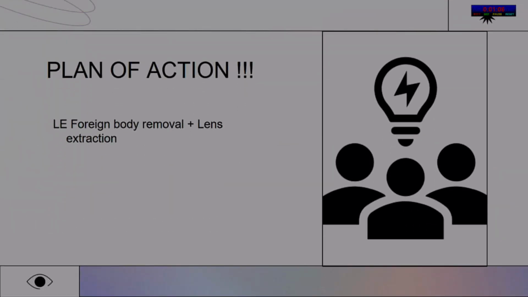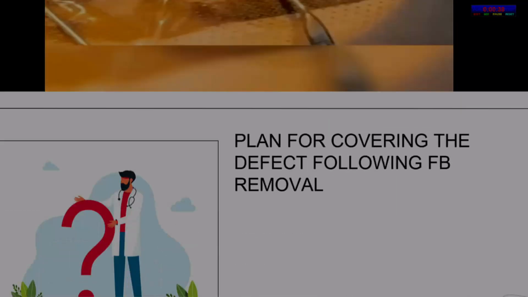Immediate foreign body removal along with a lens extraction. So an 8 mm SICS tunnel was initially created to access the foreign body. However, the orientation of the foreign body coupled with the extensive adhesions to the iris made extraction through the tunnel very difficult, and after multiple attempts, we removed the foreign body through the original wound itself. And upon successful removal, a 2 mm limbal defect was noted, and I'll talk about that later. Finally, the cataractous lens was extracted.